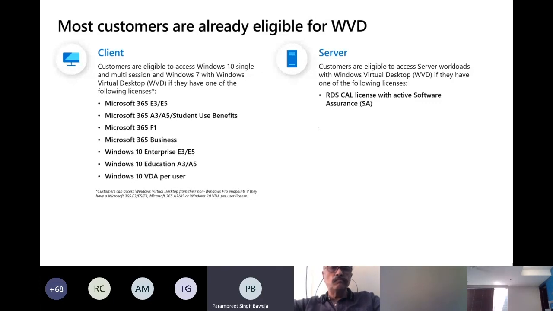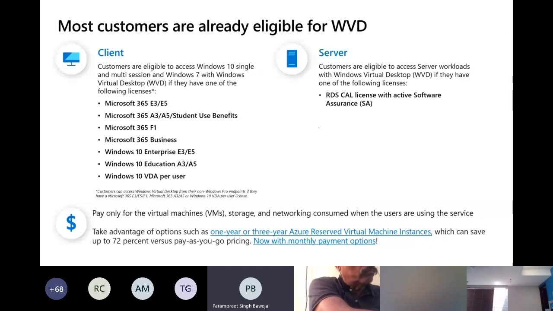Also, a good thing is that you can take the facility of reserving your instance. Say, for example, you have a setup in a manufacturing environment where you need remote desktop or WVD access for more than 20 hours a day. We have models available commercially where we can reserve those VM instances for you and help you reduce your cost by 30 to 40% right away.